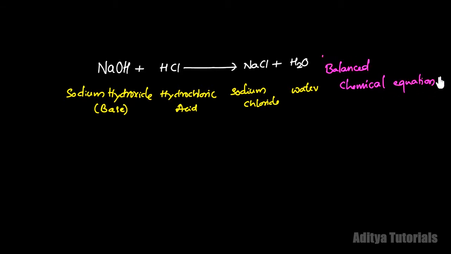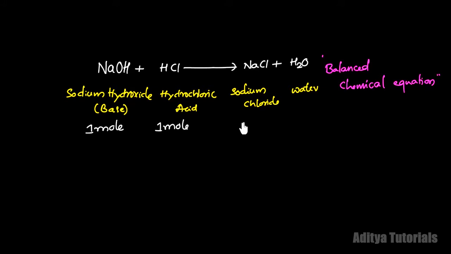Important thing is that limiting reagent or stoichiometry is applicable only for the balanced chemical equations. Let's see now what we have. Here one molecule of sodium hydroxide reacts with one molecule of HCl, and therefore instead of one molecule I write here 1 mole. 1 mole of sodium hydroxide reacts with 1 mole of